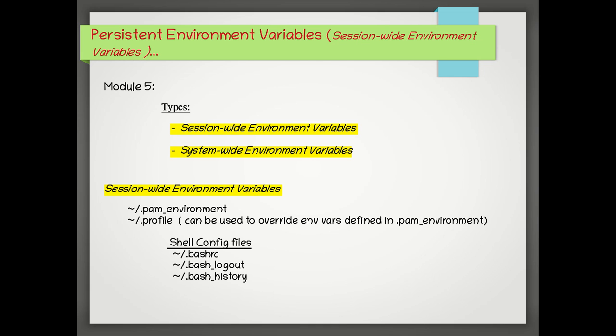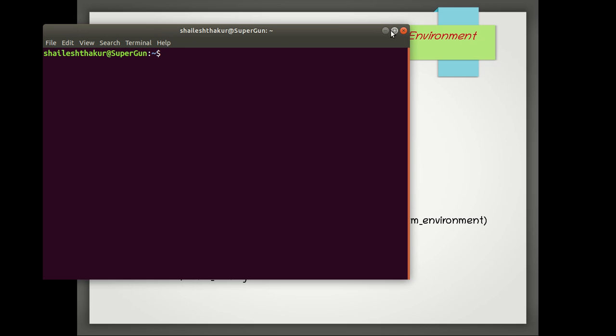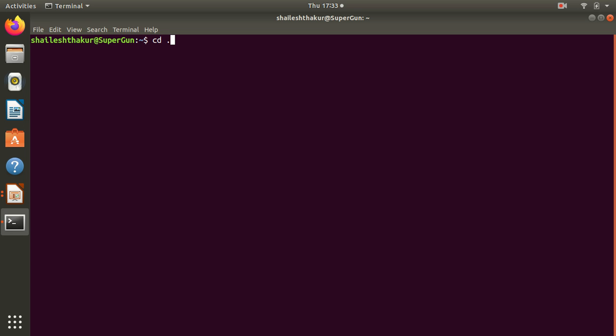There are two types: session-wide environment variables and system-wide environment variables. Session-wide environment variables have a lifetime limited to the session; their scope, the boundary, is the user session. Then there are a few important environment files, which we'll discuss. So let's first see the file